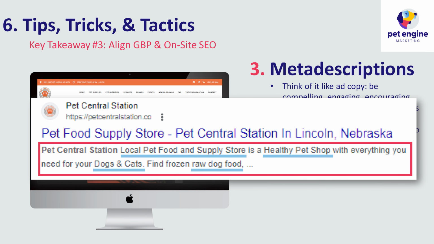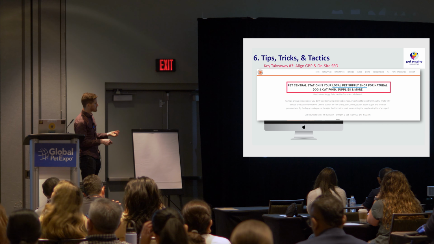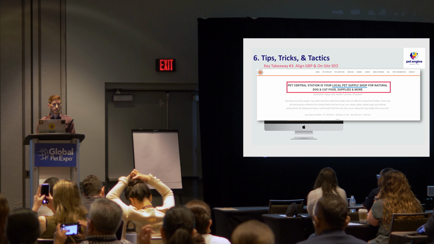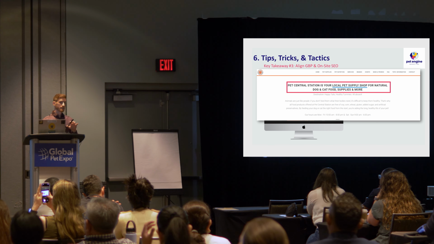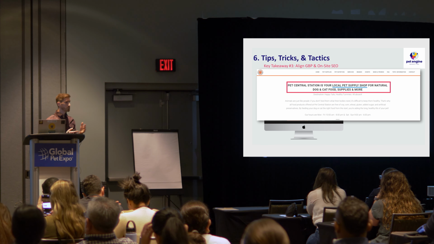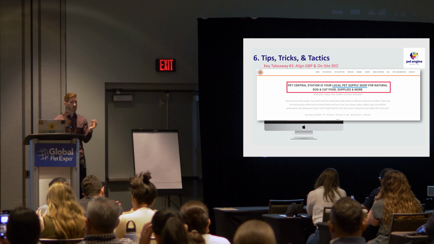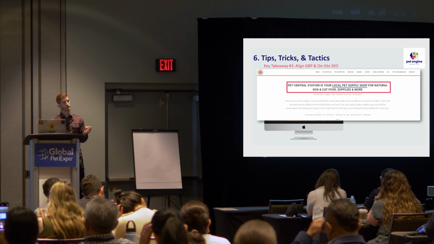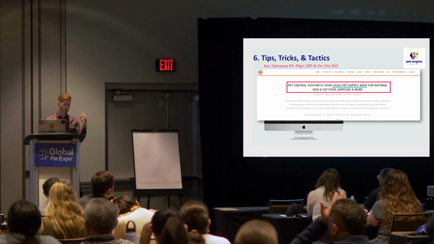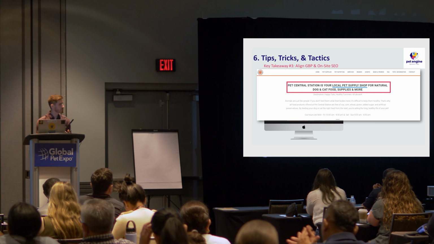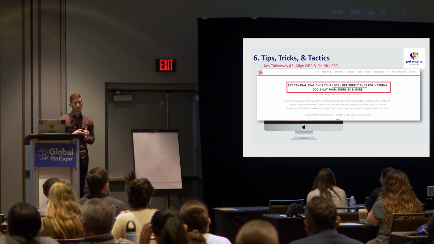Headings. Okay, your H1 heading is like the biggest text on the page. It's the second most important thing when it comes to SEO. You should only have one H1 heading per page. You want to break up your other content with subheadings beneath that. So like your H2, which would be the next biggest text on the page, your H3, your H4, going smaller and smaller as you go down. Using the same keywords and same location phrases, if possible, on here, it's going to help you out a lot